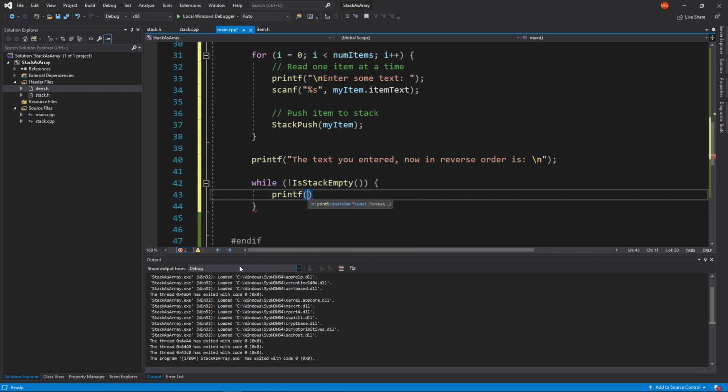So we'll just say stack pop, okay? And stack pop returns what? This returns an item, right? But what do we want? We want the actual... so this returns an item, right? So we have an item, so we go dot, so this stack pop is like the name of the item,